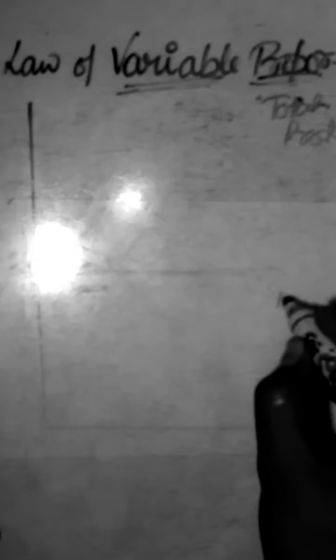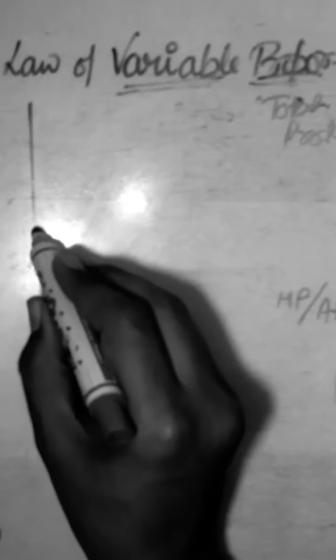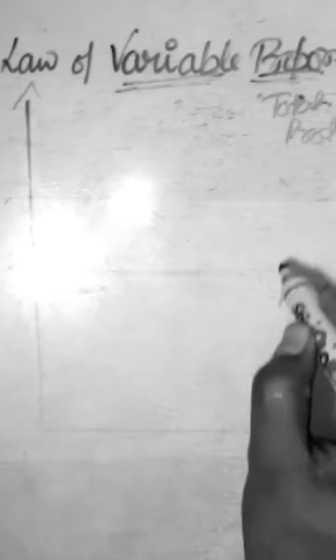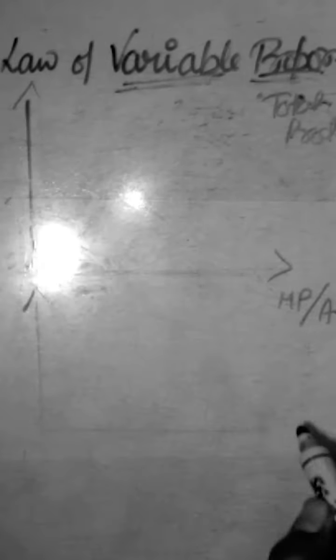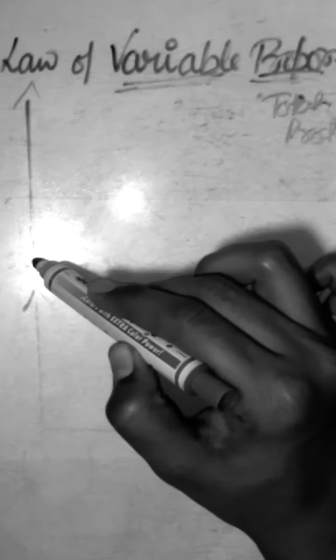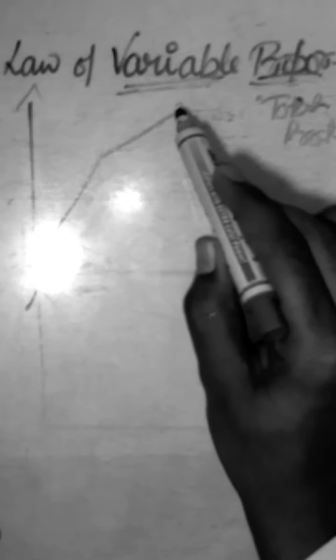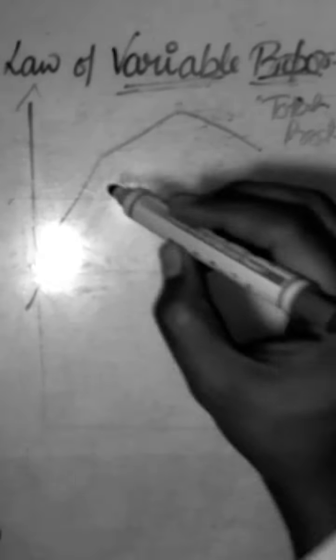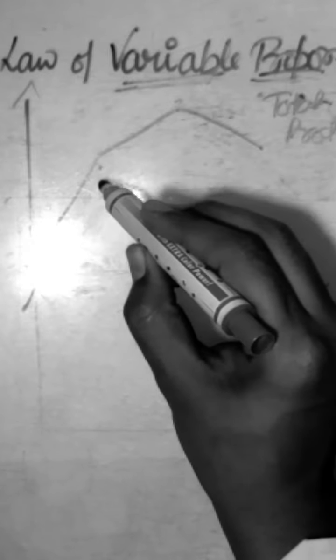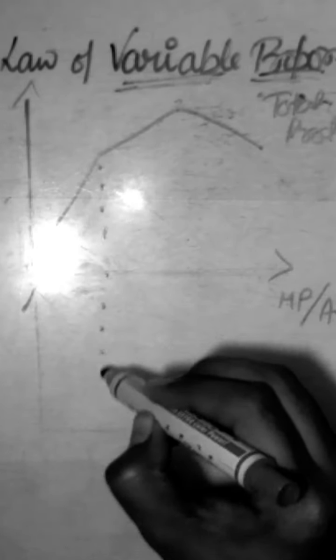So this is total production, and here marginal production and average production. Making the graph from the previous schedule, we will come to know that total production will be like this. If we try to draw average production and marginal production, then it would be like, see,